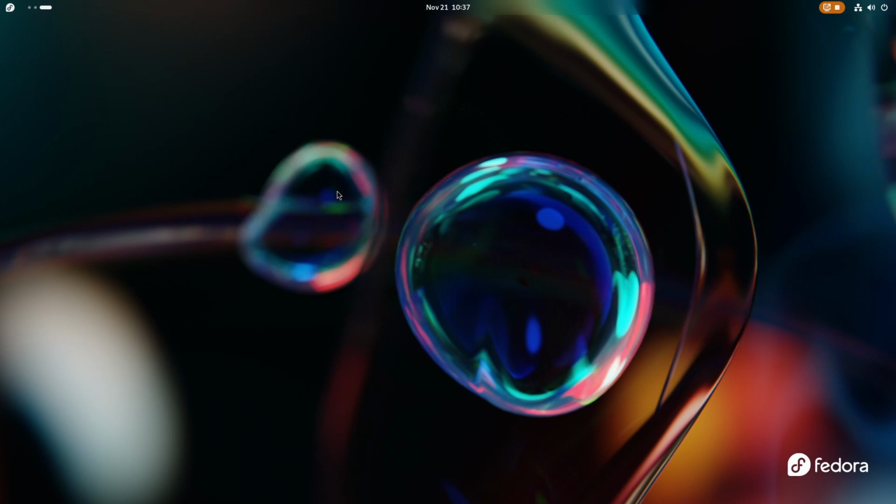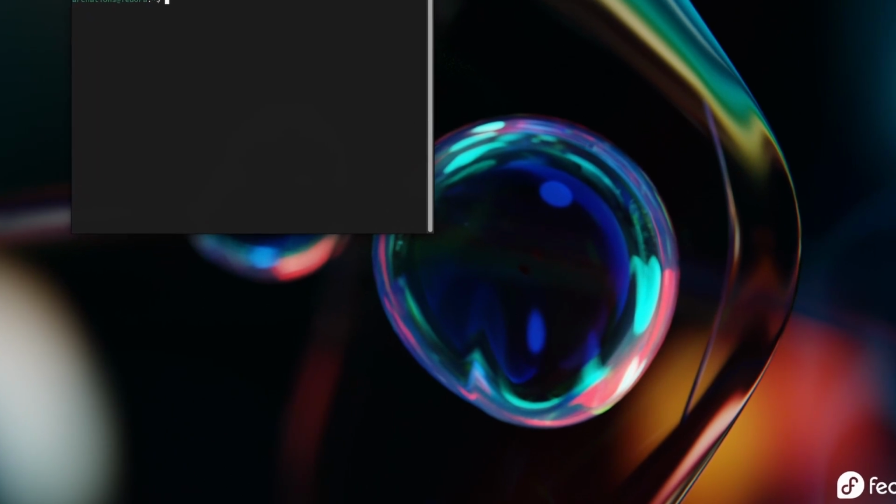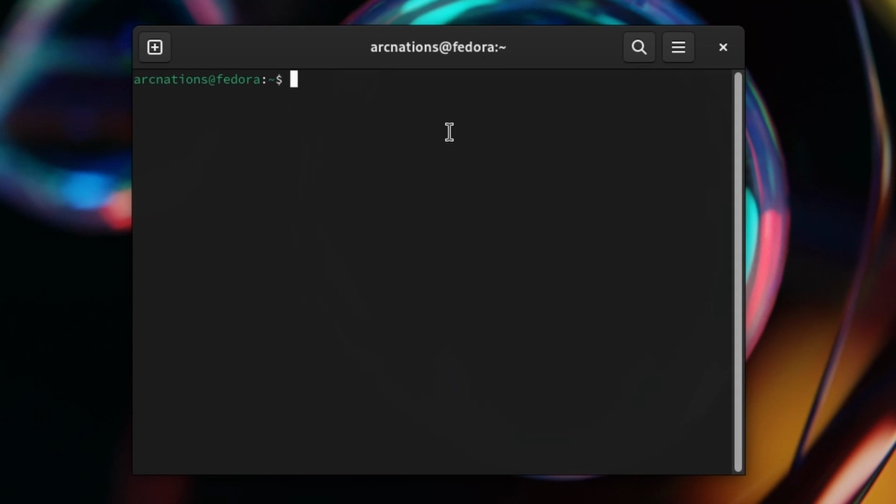Now let's switch over to another workspace and open the terminal. We need to install a package known as Git. You might have it already installed. If you don't, just head over to the terminal and type sudo dnf install